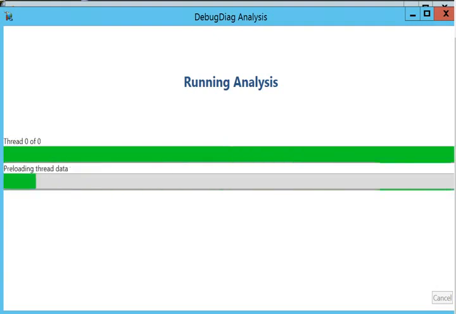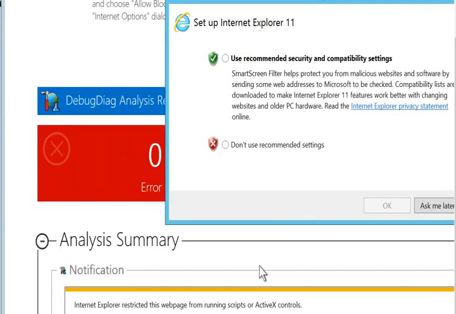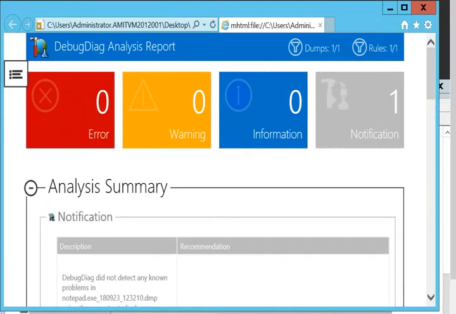This will produce an HTML file in the report folder. That file will open in the browser, and this analysis report